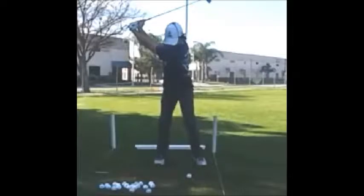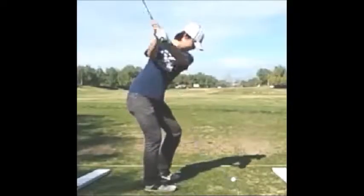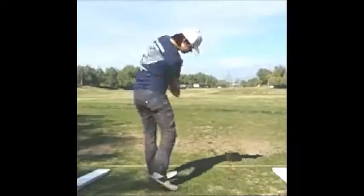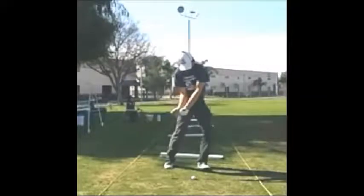Another thing relative to your club face management, as you can see, well, maybe we could see it a little better on the face-on, but late in the swing the club face is wide open. As you can see here, it's looking towards us. It should be maybe 20 or 30 degrees closed. So even if your rotation is not optimal, there's no way you can draw-hold with a club face that's